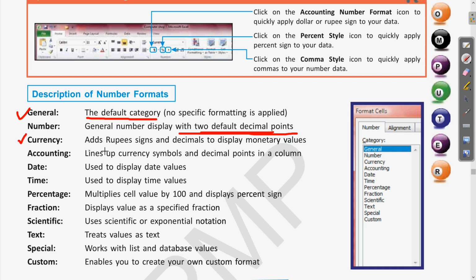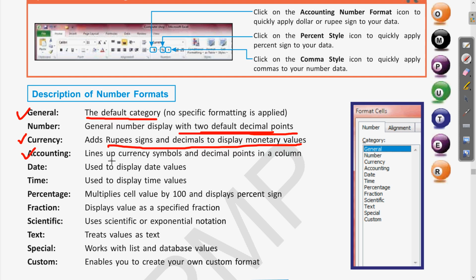So currency adds the rupees sign and decimal to display monetary values. If we are entering data in the form of values of some product or something related to money, this can be used with the currency number format. Clear? Next is accounting.